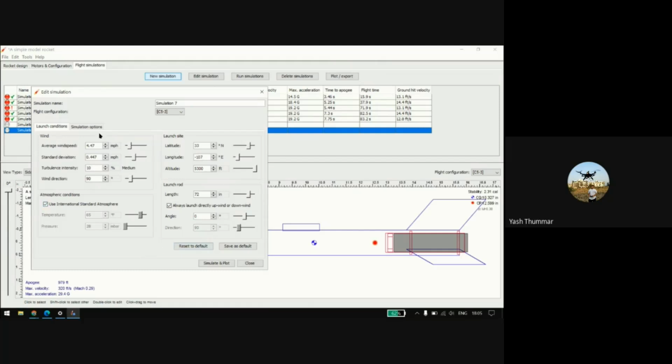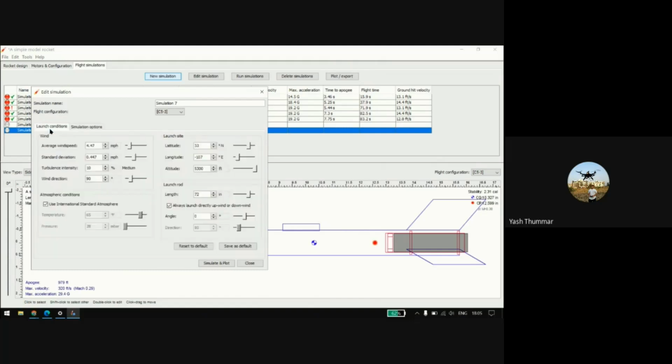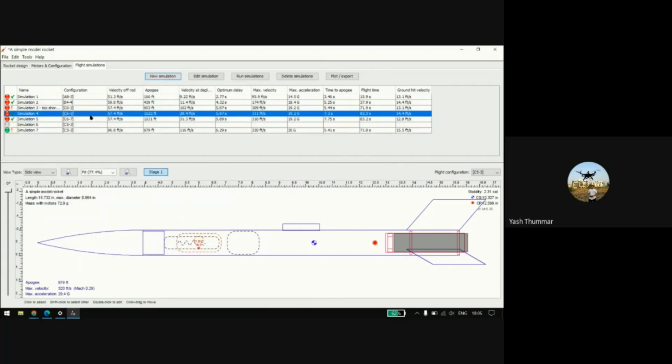Okay, and there are simulation options, so we want to go with simulate and plot. We'll click here. As of now we will go with this already simulated data, and if we tick mark here, then you simply run the simulation.